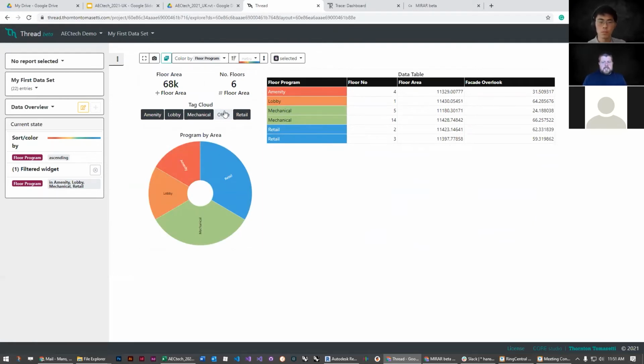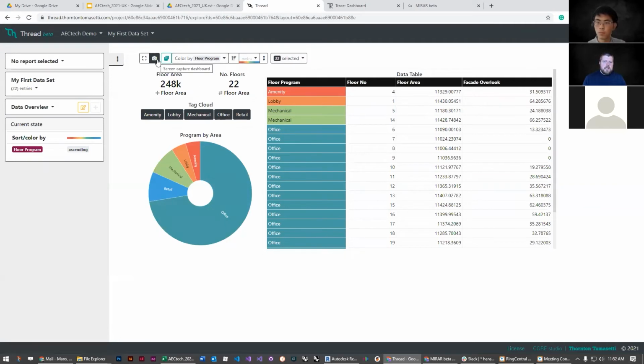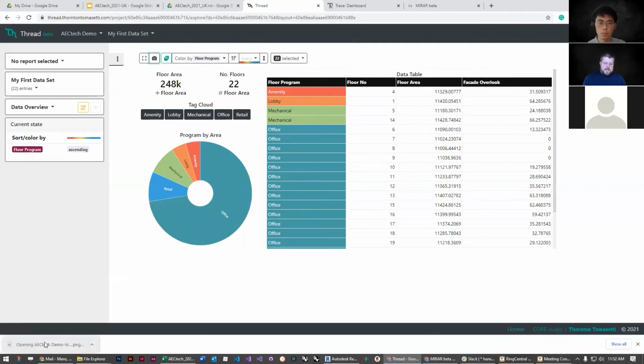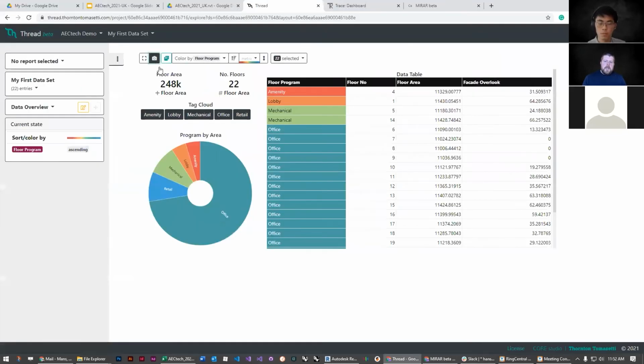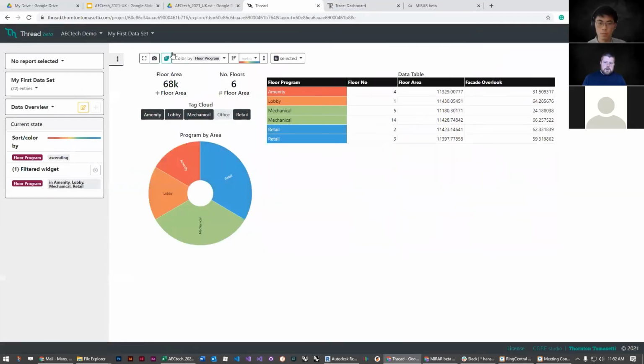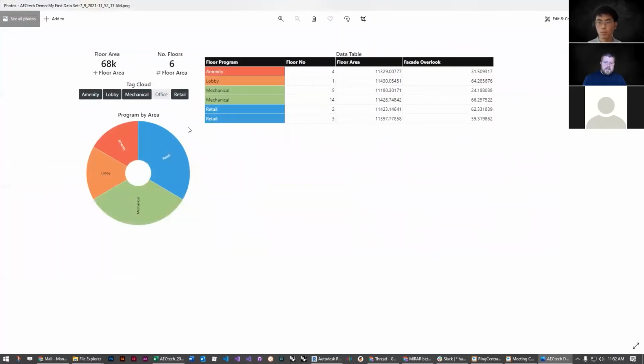If I want to save this data and maybe include it in part of an InDesign report or a printout or any other application, I can always go up to the little snack bar up here, and I can click the screen capture dashboard button. When I click that, it'll take just a second, and it'll create a high resolution image of that dashboard. So in this case, I have my unfiltered results all being shown here. And if I maybe filter the option, so let's turn Office on and export a different screen capture, then it becomes really easy to kind of build up multiple different layers to that report